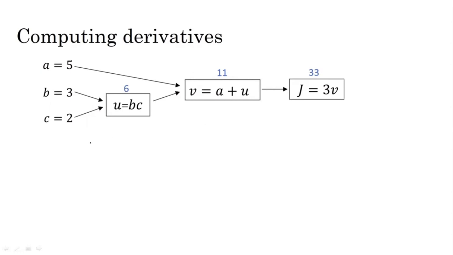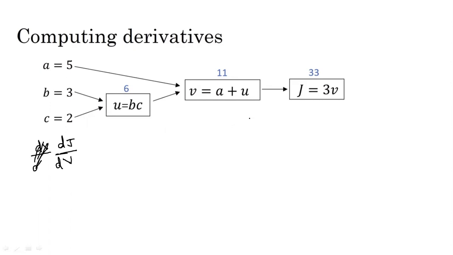Okay, so now what we need to do is find the derivative, and in the derivative we need to find dJ upon dv. Basically what this represents is that we need to find the change in the value of J with respect to a change in the value of v. So how will we do this?